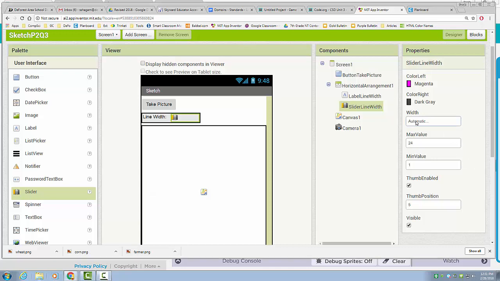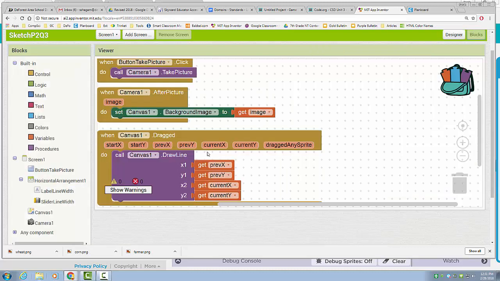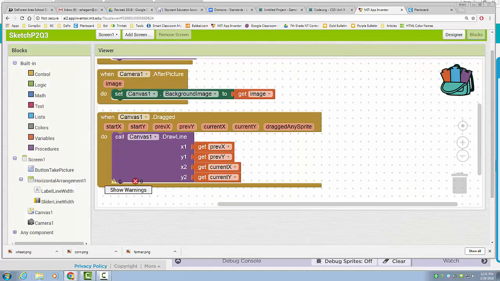We can also adjust the width of this to fit a certain number of pixels. I'm going to do about 75, just to extend it out a little bit. You can even go up to about 100. Now I'm going to switch to blocks view, and I'm going to code in the blocks to handle the change